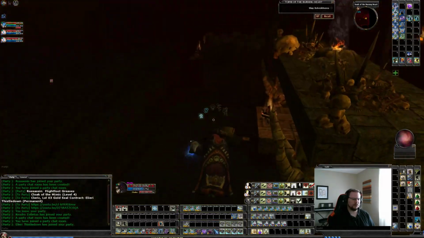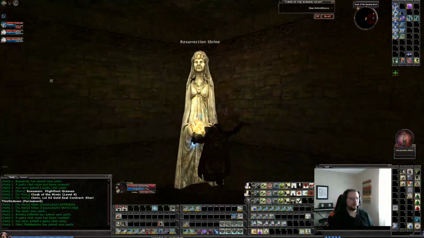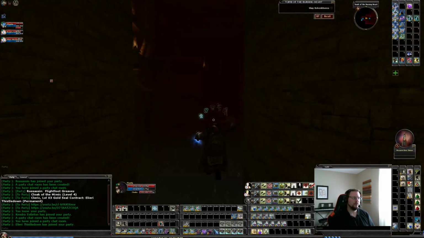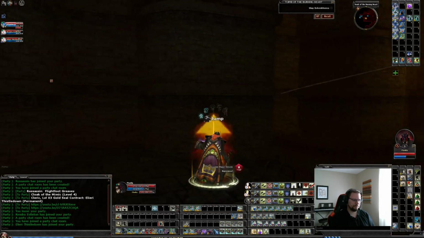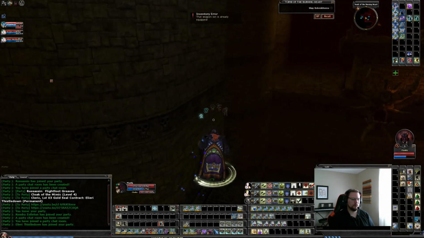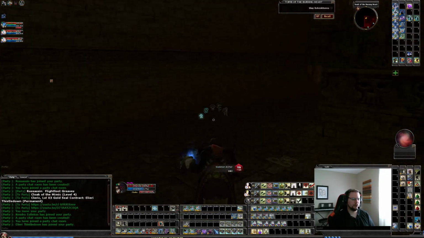So what I did want to show you guys is right here. Yeah, you go down on this side to the south. There's a resurrection shrine. So if you do die, you respawn at a shrine. There's no rest shrine though, which kind of stinks. Keep putting on my wrong weapon set. Alright, so there was the trap that I already disabled. So no trap bonus, but